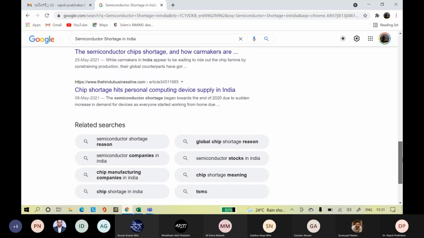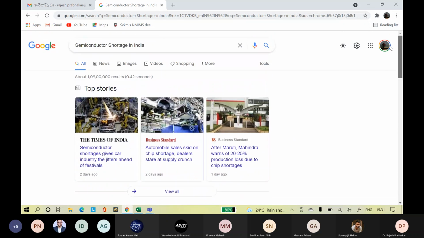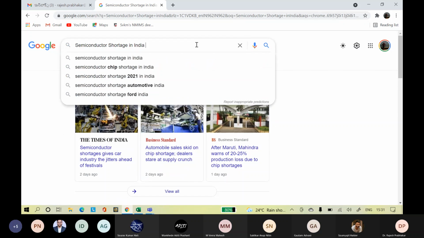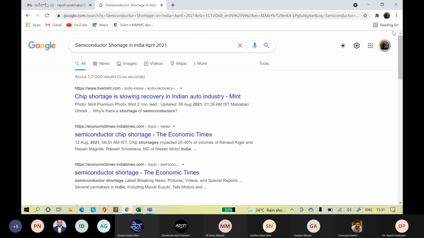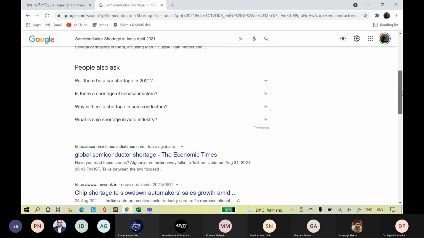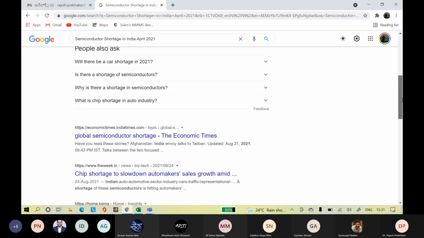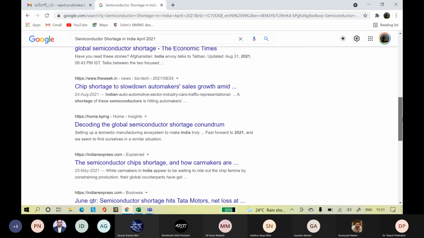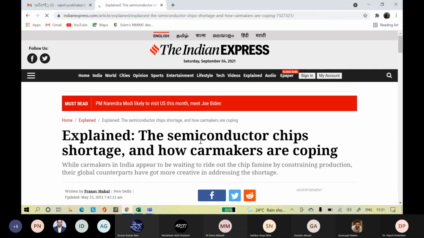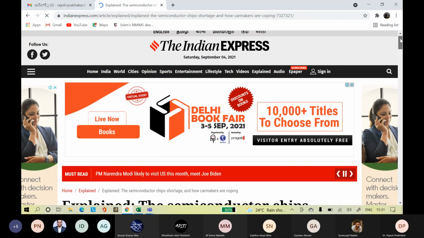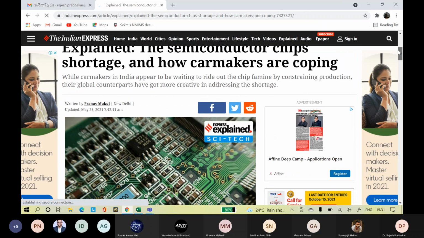The effect is felt now, but the initial trend came up in the month of April itself. In April of this year, there was talk that shortages will come at some point of time. In May, we have an article: the semiconductor chip shortage and how car makers are coping.